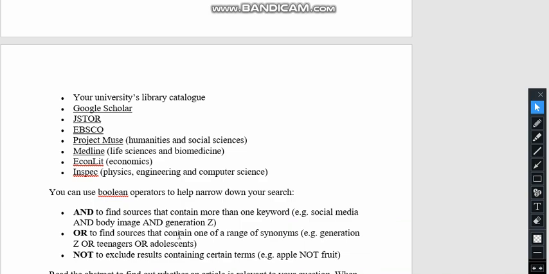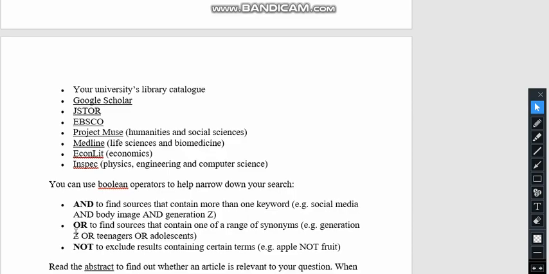While getting inside the website, we have to write down the topic name, then a number of papers will appear. Then we have to see the year, the author name, and where we are taking the publication from. All these things are to be done while writing the literature review.